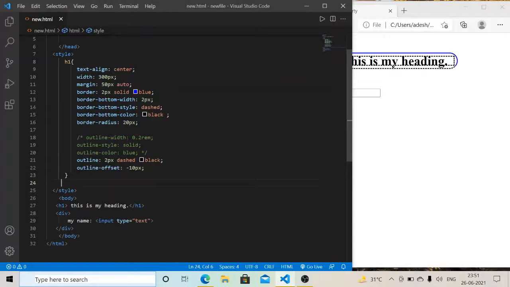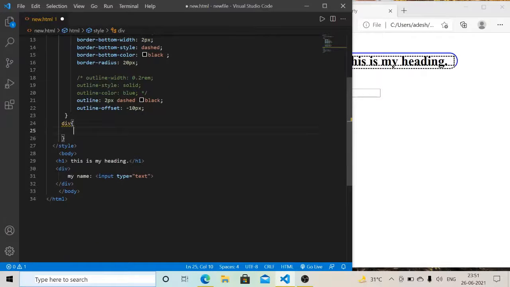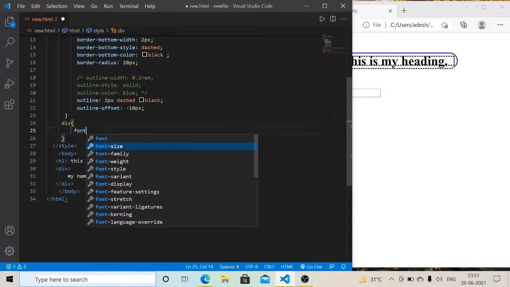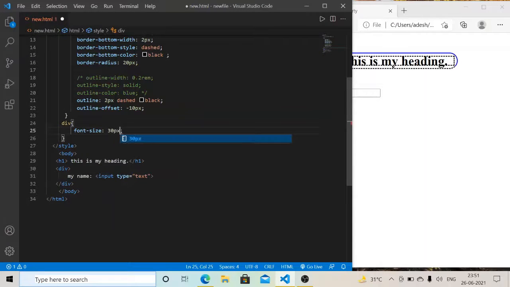Now I increase the size of my font, so I write the div element here. In my style tag I applied the internal CSS. In the div section I write that font size is 30 pixel.